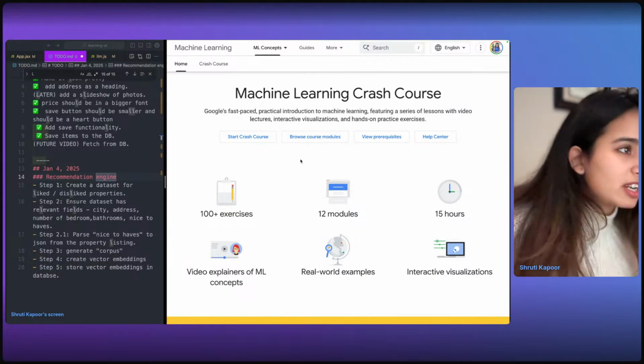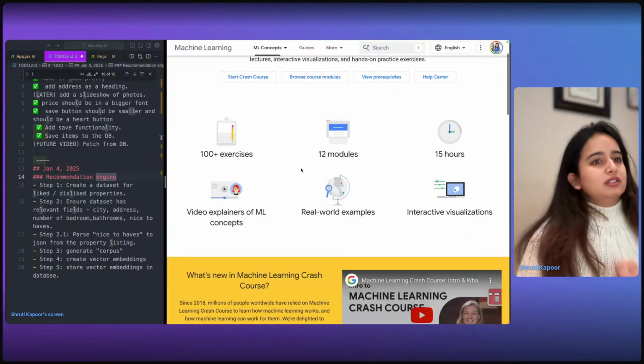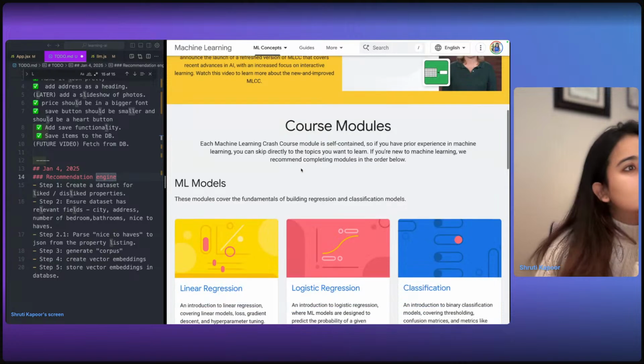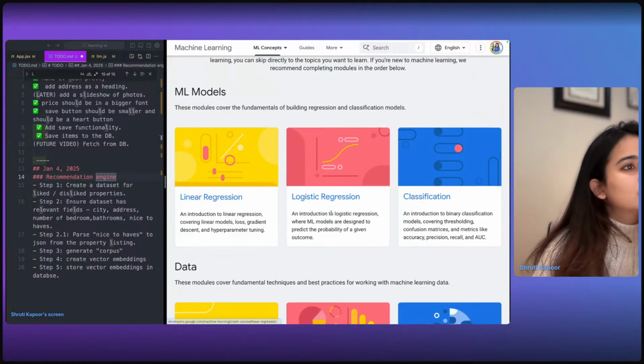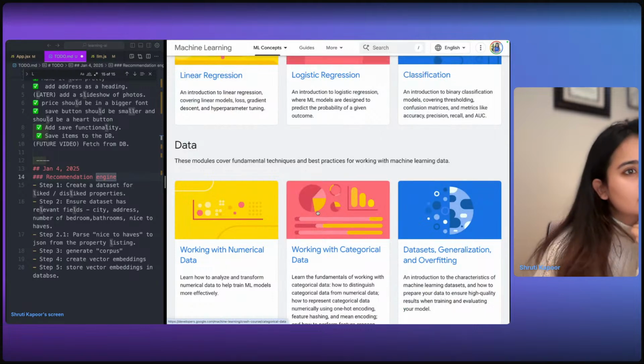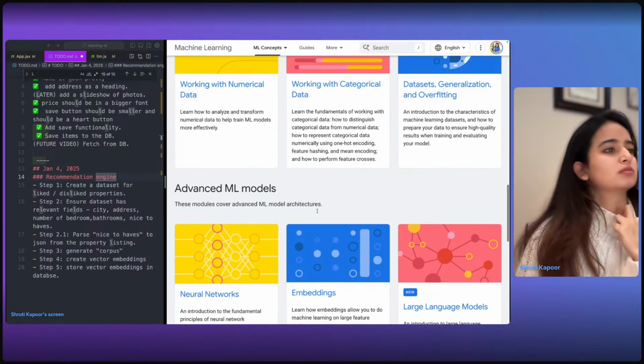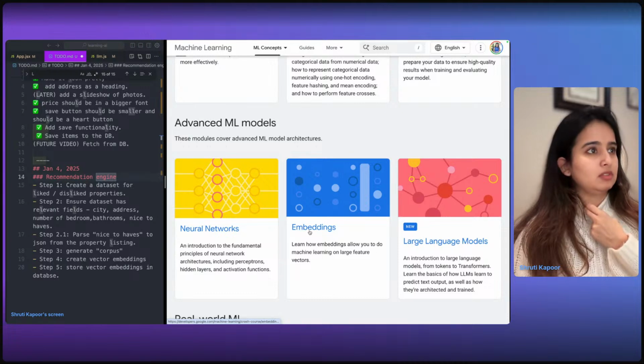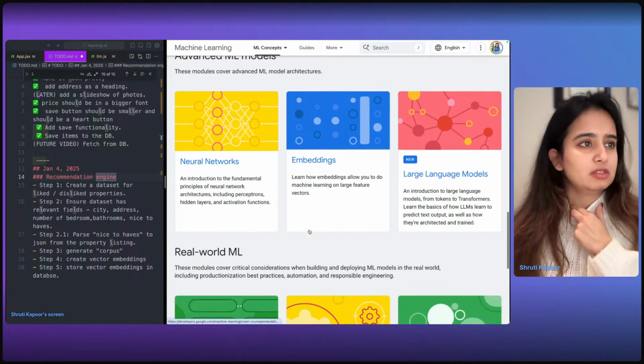Let's see what's in this machine learning crash course. This is the one that we are working on. Embeddings.